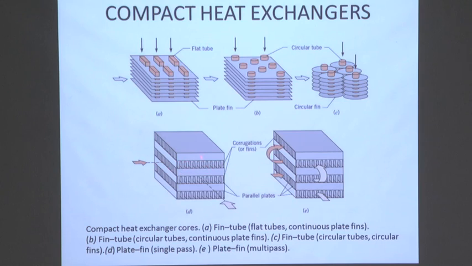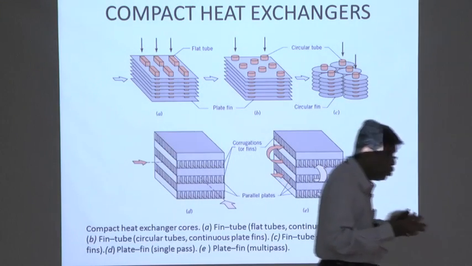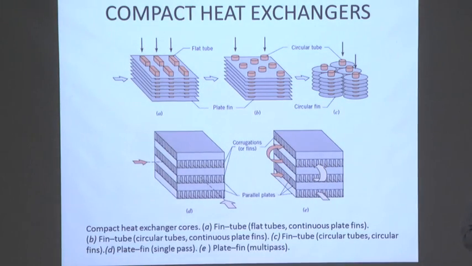This is a cross flow, and also with a corrugated surface which acts as a fin, which provides more surface area. Like this, these are the fins. This is the circumferential fin, this is the flat fin. That means the extended surface area. That means somehow you have to make a geometry which provides more surface area,